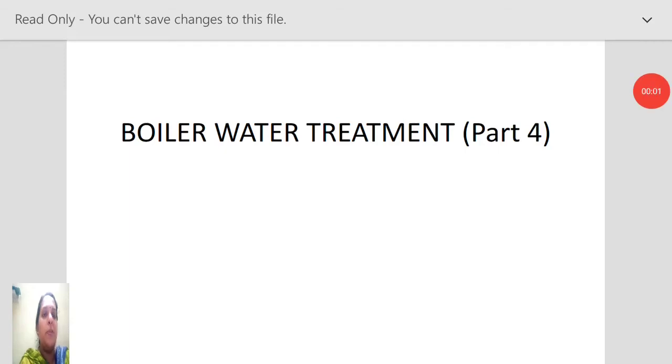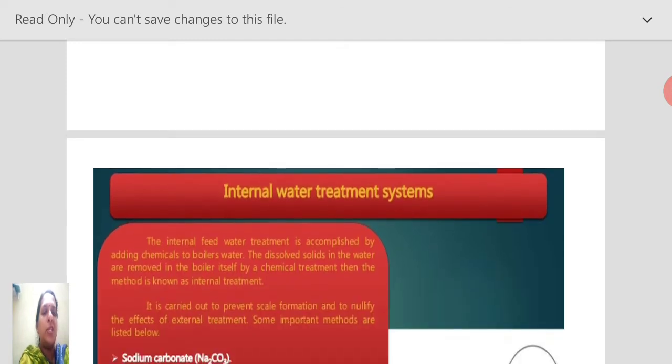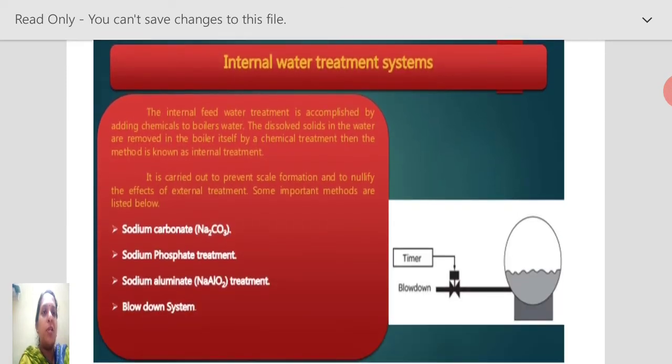Good afternoon, students. Today, let's see a few of the external boiler water treatment methods. Before going into this session, let's recap what the internal water treatment system is, what we have come across so far. The internal feed water treatment is just adding chemicals to the boiler water